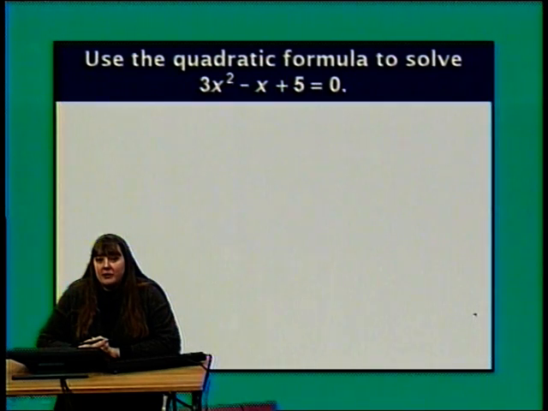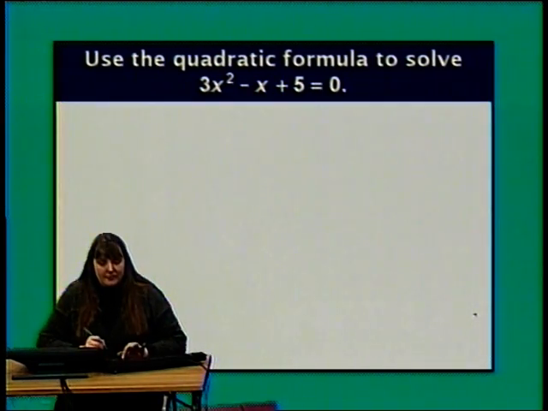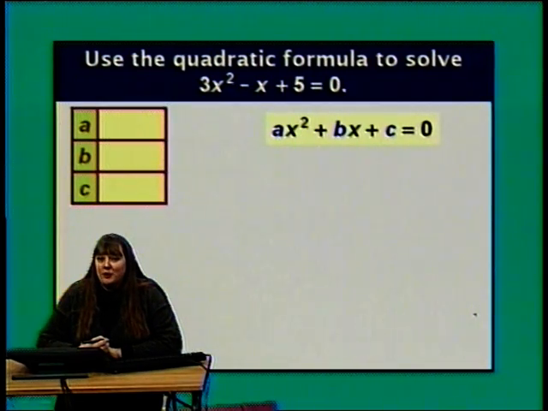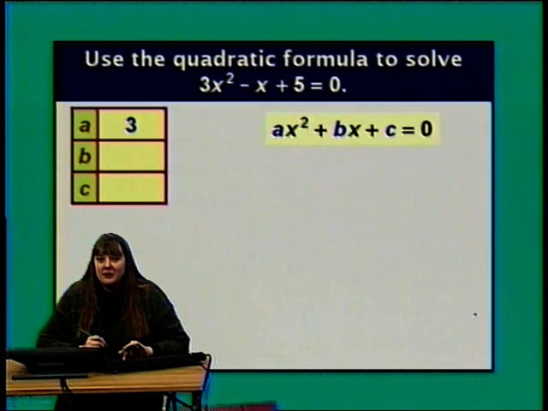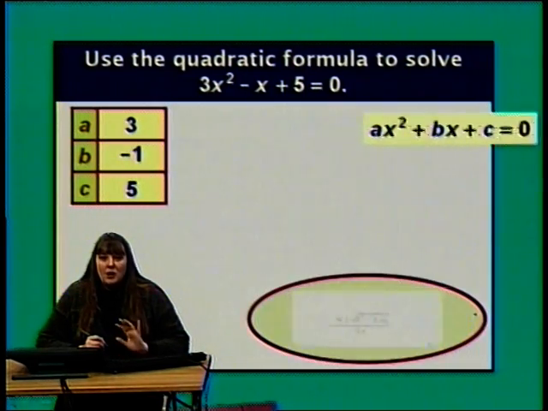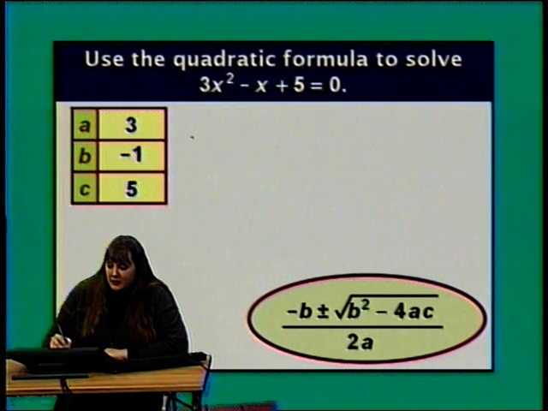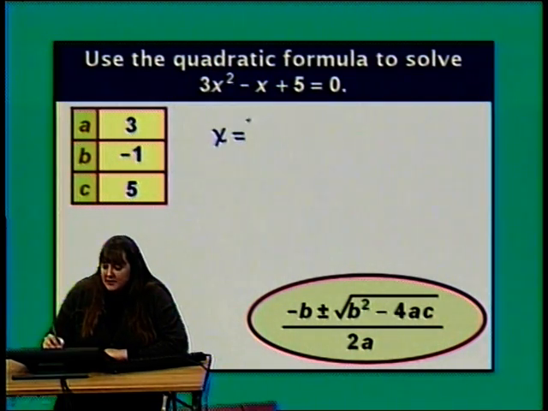Now let's use the quadratic formula to solve 3x squared minus x plus 5 equals 0. This equation is in the form ax squared plus bx plus c equals 0. A is 3, b is negative 1, and c is 5. Pulling out the quadratic formula, we have x is going to be the opposite of b, that's the opposite of